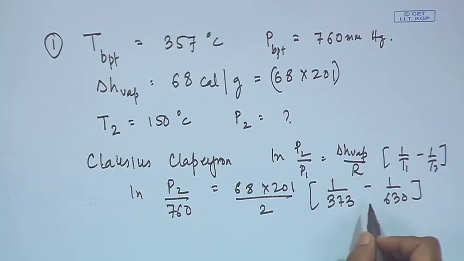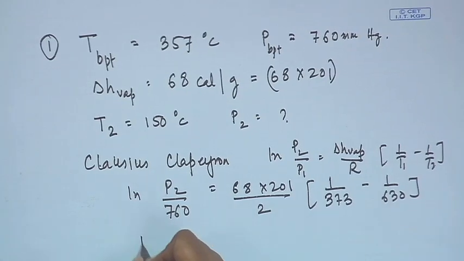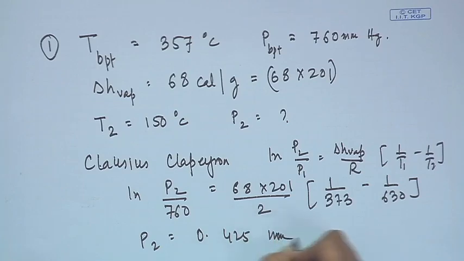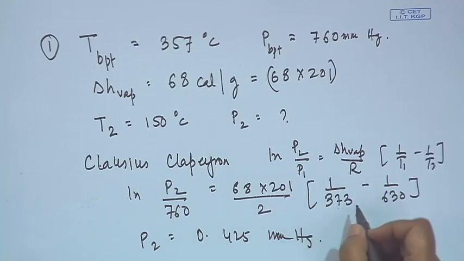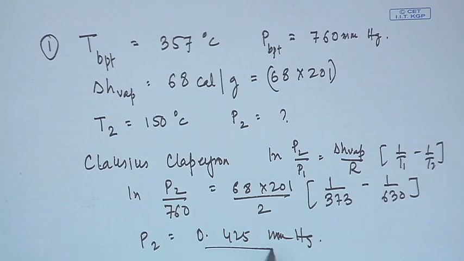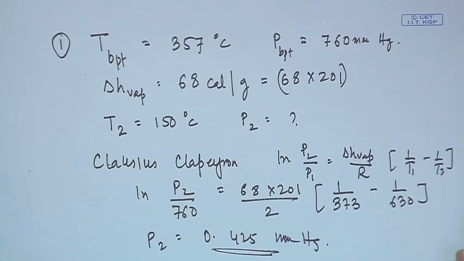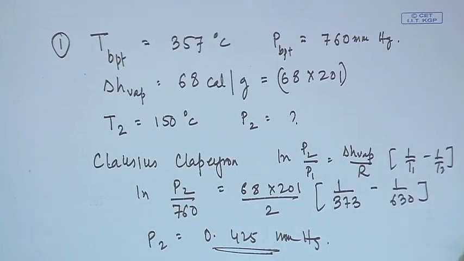On solving this out, we get P2 as 0.425 millimeters mercury. So, this is the pressure which is required to distill mercury at 150 degrees centigrade. This was quite a direct application of the Clausius-Clapeyron equation, and let me tell you that you will be given some such direct applications in your assignments, and then possibly you will be evaluated also on the basis of these particular problems